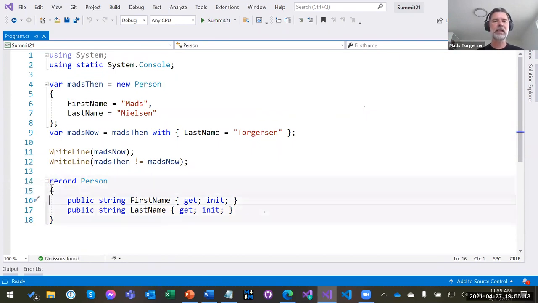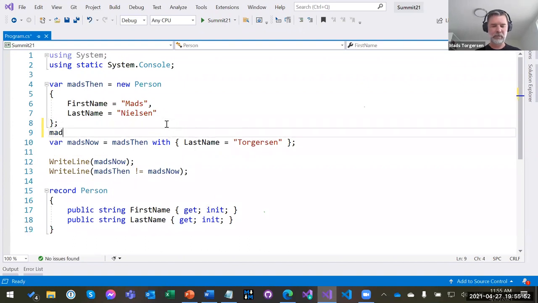And in any class, including a record, you can now declare your properties with an init accessor instead of a set accessor. So an init accessor is an accessor that can only be run during creation of the object, including the object initializer. So I can initialize the object here using the init of the property. You can write your own, like an ordinary property, like you can with other accessors, but I've used the auto properties here.